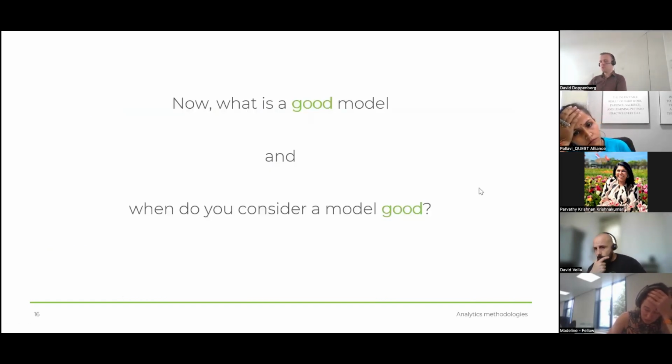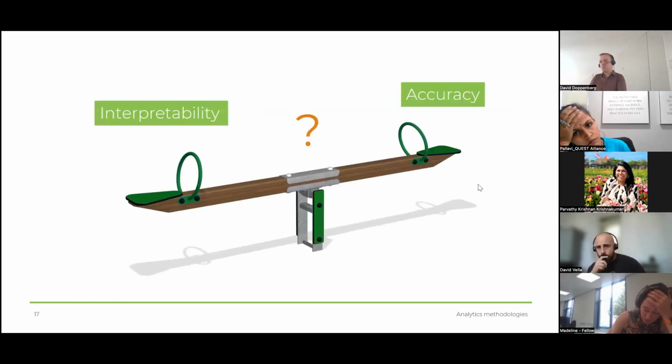So now, what is a good model, and when do you consider a model good? I already touched upon this in the previous slide. So it's basically interpretability versus accuracy, and those actually don't go hand